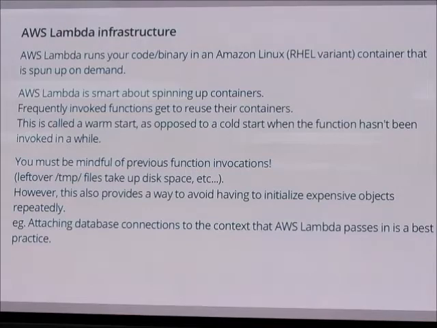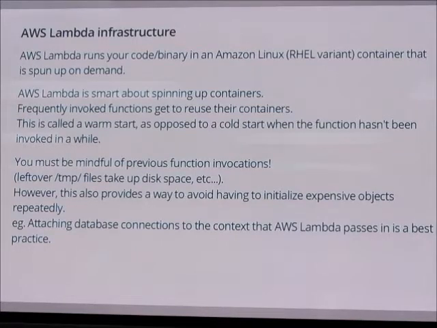So AWS Lambda is smart and selective about spinning up containers. And this leads into the previous con that I was talking about, referring to not having to worry about the infrastructure. But the fact of the matter is AWS Lambda doesn't want to constantly be running your code, able to receive requests at any time. So it's based on an event system where you take an abstract event and wake up your function and run the code, and then it's done. And hopefully your function takes a small amount of time to run. In fact, less than 300 seconds. That's the hard limit for how long your function can run using AWS Lambda.